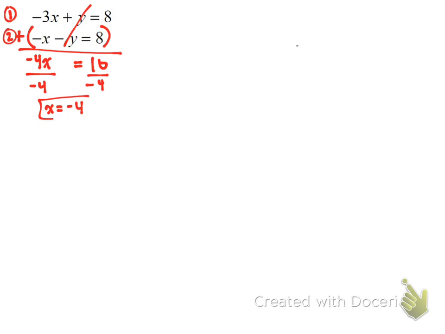Okay? Now, this answer, negative 4, is only one part of the ordered pair, right? We still need to know what this second part is, right? We don't know what the second part is, so that's still a question mark. So how do we figure it out? Continuing on, step 5, we substitute the solved value into one of the first equations to solve for the second